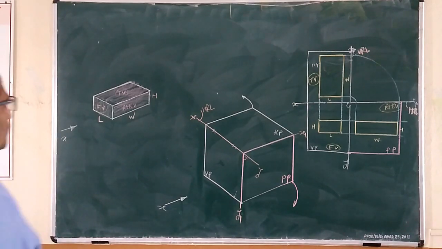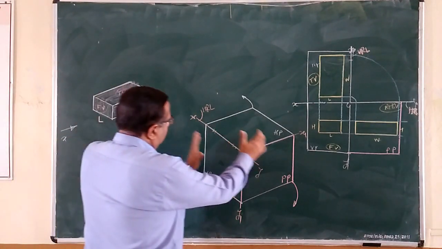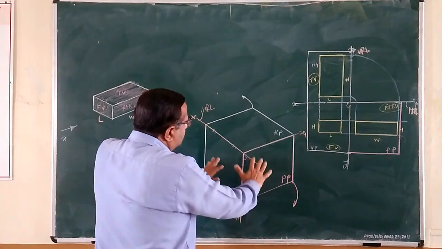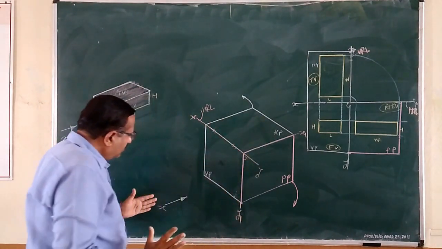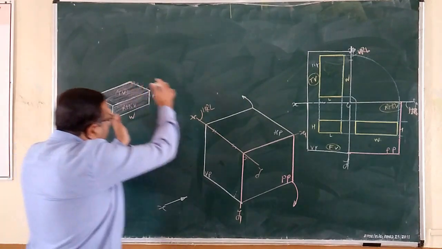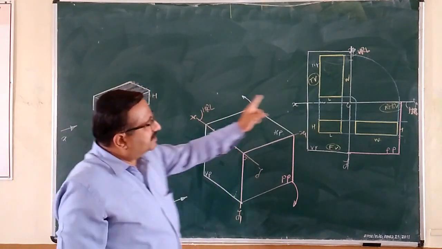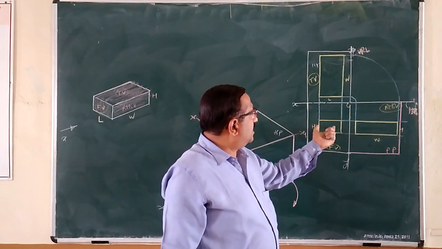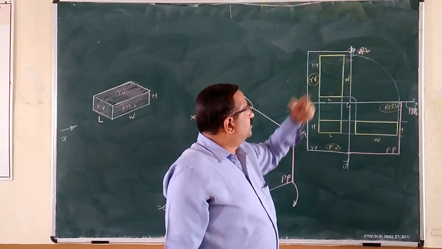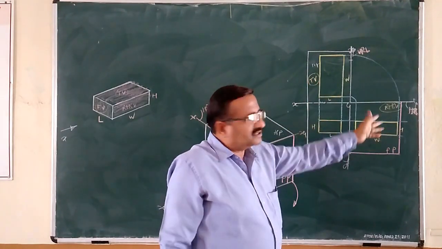So this is the solution of this object when it is kept in the third quadrant, behind vertical plane, below horizontal plane, and behind profile plane. And when you observe in this direction, the same object when you keep here, this is nothing but its solution. Front image, after that we have drawn second time, top image, stretch to the positions, third image,